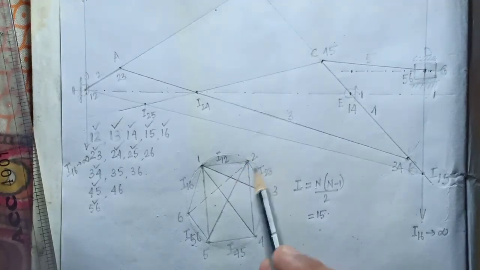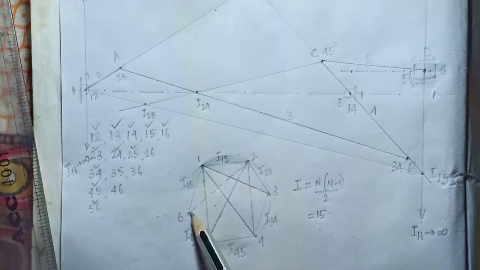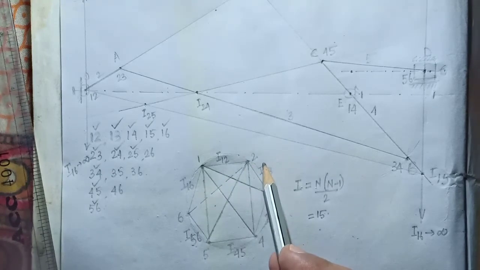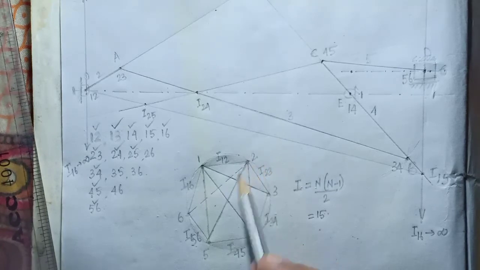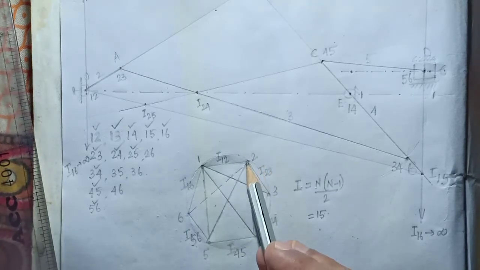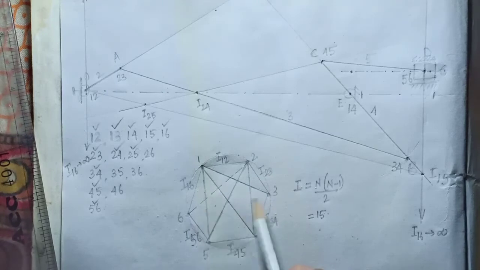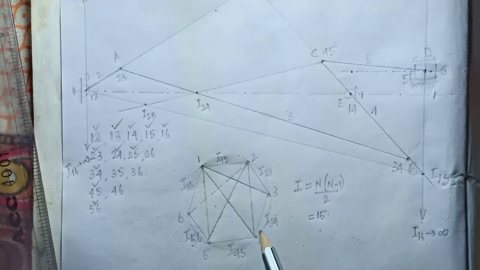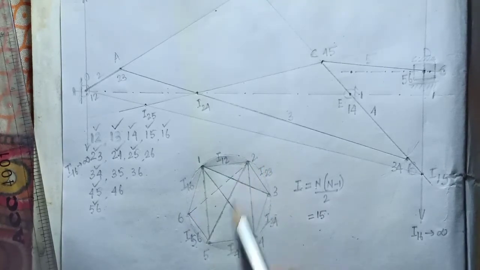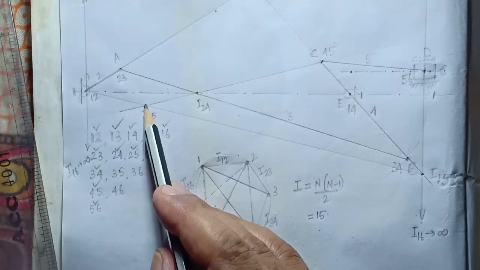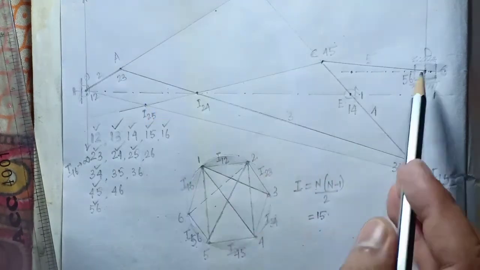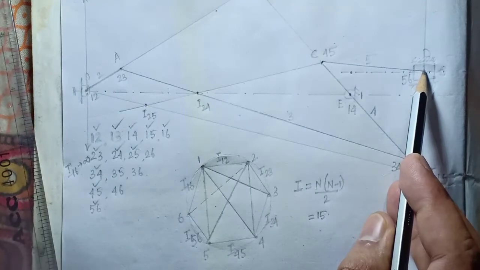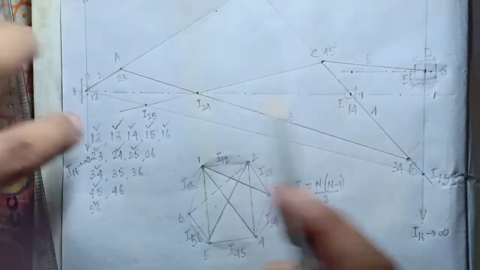Second path from 2 to 6 is, so look, we can choose only one path. We are having 2 to 5, 5 to 6. We cannot choose 2 to 3, 3 to 6 because 3 to 6 is unknown. We cannot choose 2 to 4, 4 to 6 because 4 to 6 is unknown. So only we can choose 2 to 5, 5 to 6. So where is 2 to 5? Here it is 2 to 5 and 5 to 6. So 5 to 6 is this point and 2 to 5 is this point. Just join these points.